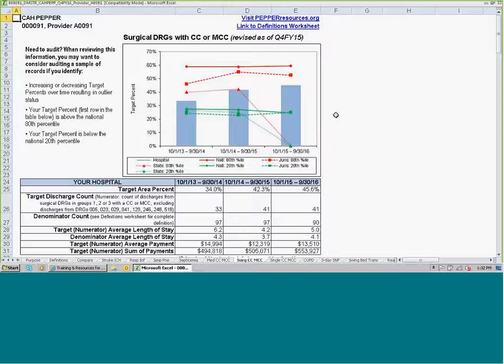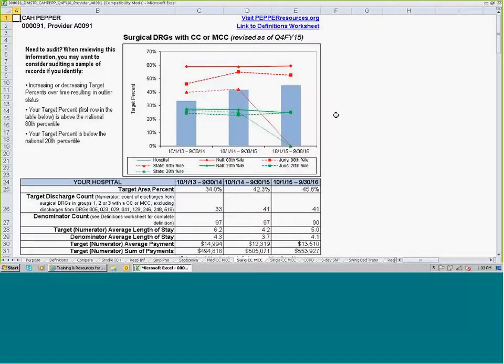And sometimes when I'm looking at PEPRs for various providers, if there is a great difference between the medical DRGs and the surgical DRGs, it makes me wonder if perhaps there is a difference in the patient population for their medical patients versus their surgical patients. Perhaps one group is more or less compromised or has more complications and comorbidities. It also crosses my mind that it's a possibility that there is a difference in the way the documentation is entered in the medical record for the physicians that treat the medical patients versus the physicians that treat the surgical